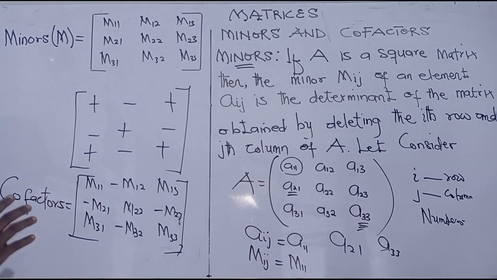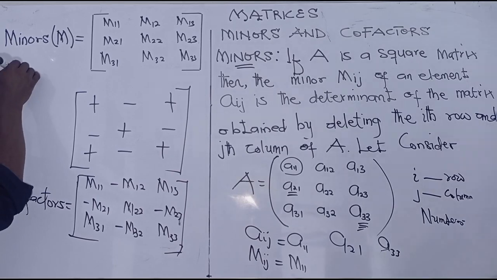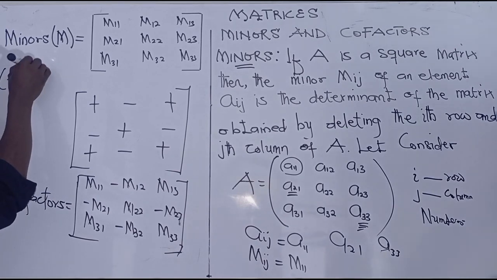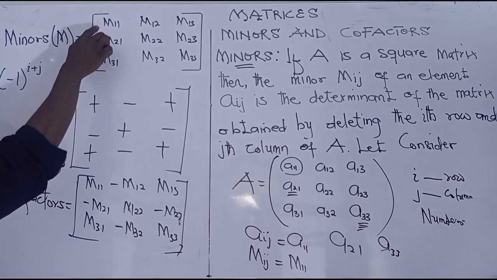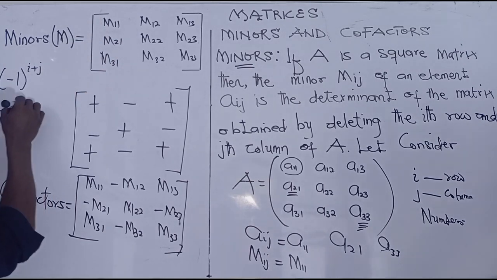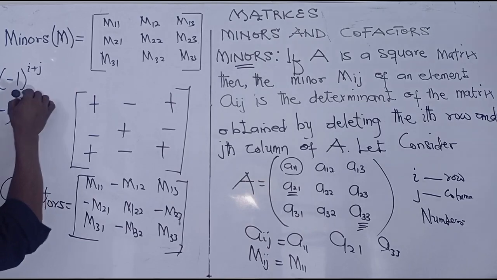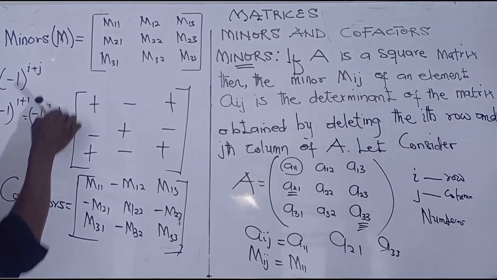This means that to obtain the cofactors of a square matrix, we need to find what? The minors first. And once we have the minors, then we multiply these minors by these signs. Now we can obtain these signs using the formula minus 1 raised to the power i plus j. So if we are looking for the first entry, we are going to have minus 1. Our i is 1. Our j is also 1. So we are going to have minus 1 raised to the power 2, and that is going to give us